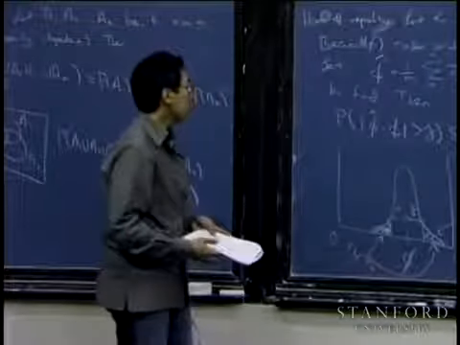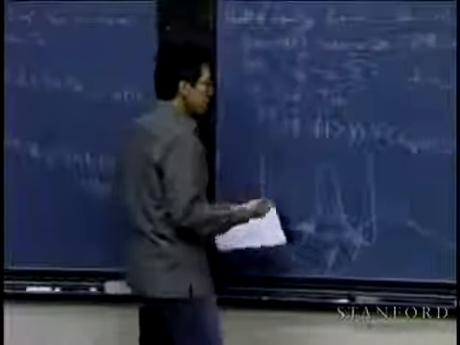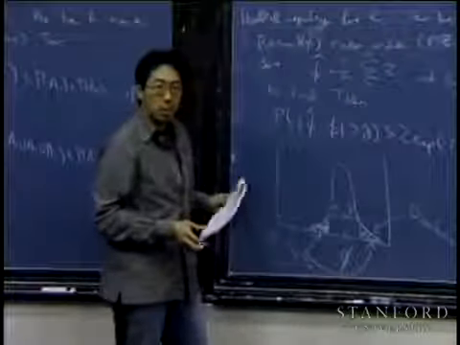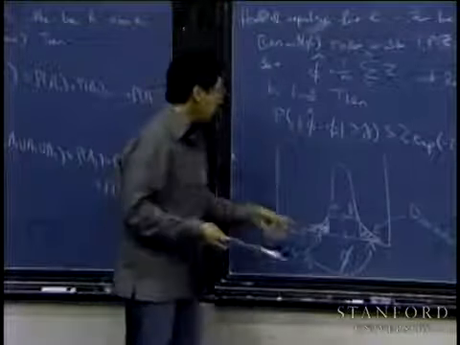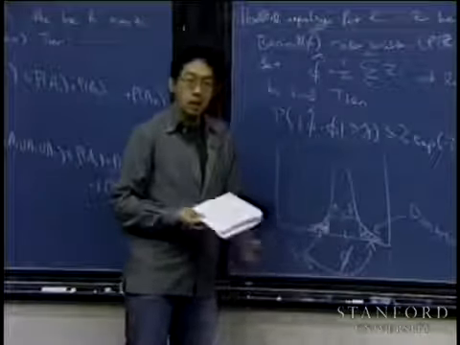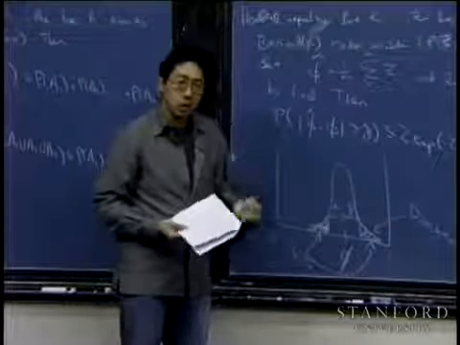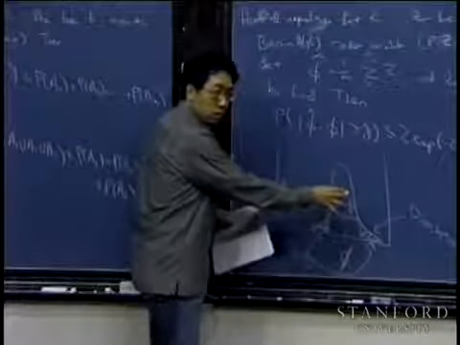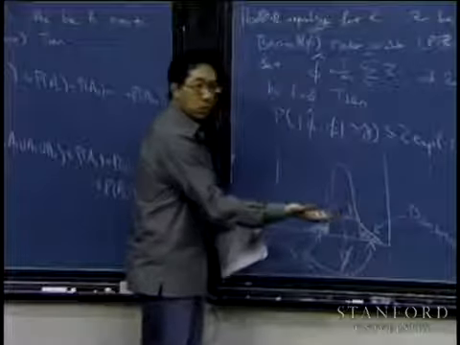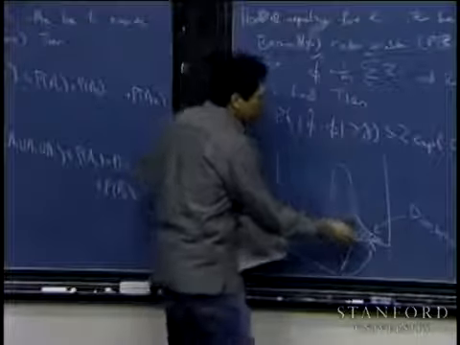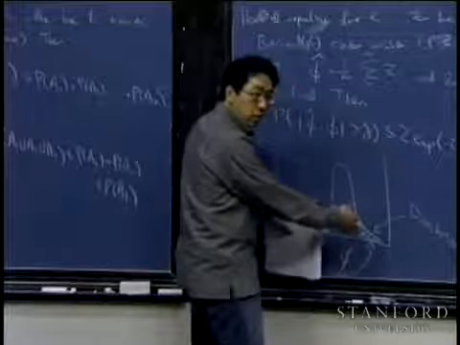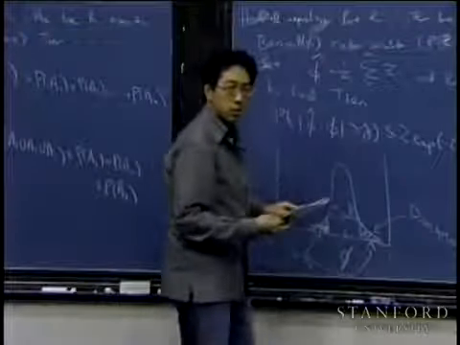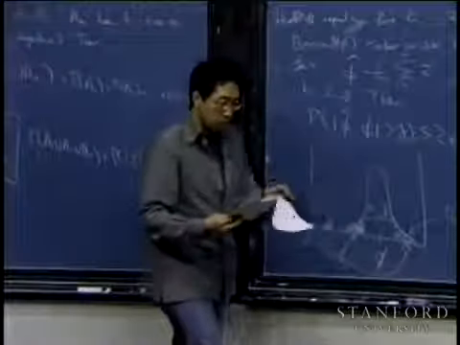And the cool thing about this bound, the interesting thing behind this bound is that it decreases exponentially in m. Right? So it says that for a fixed value of gamma, as you increase the size of your training set, as you toss the coin more and more, then the width of this Gaussian will shrink. The width of this Gaussian will actually shrink like 1 over root m. And that would cause the probability mass left in the tails to decrease exponentially quickly as a function of m. Right? And this will be important later.